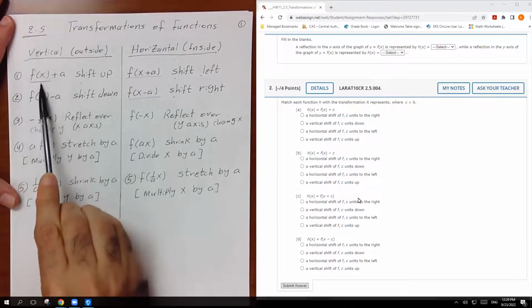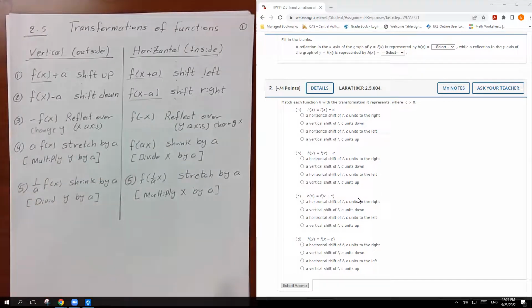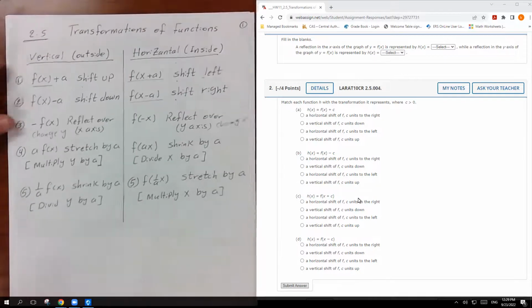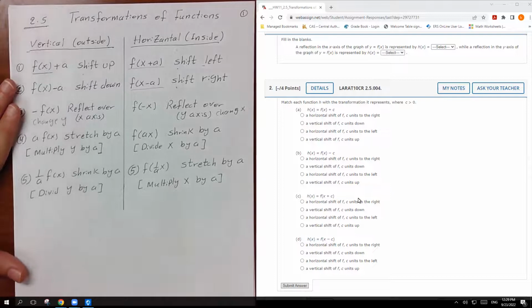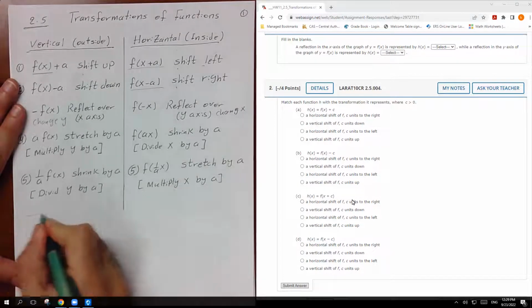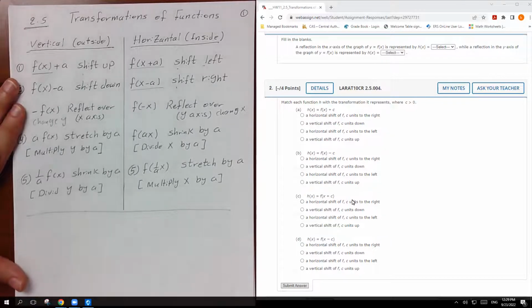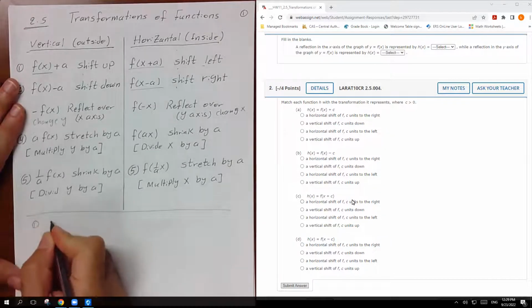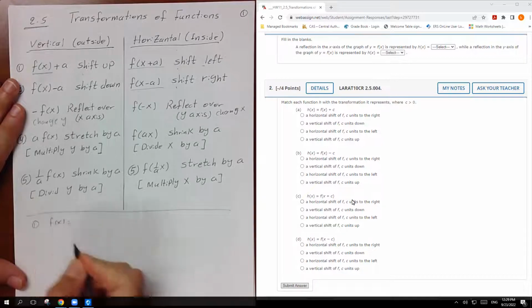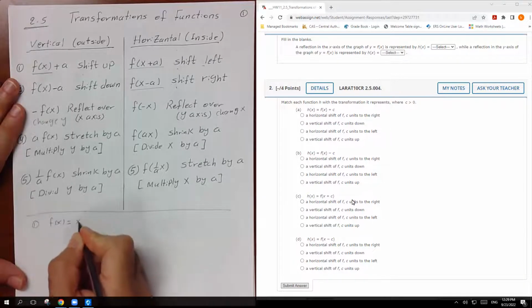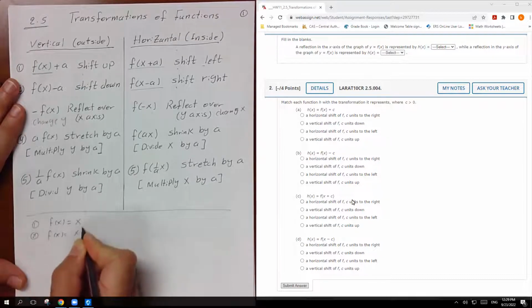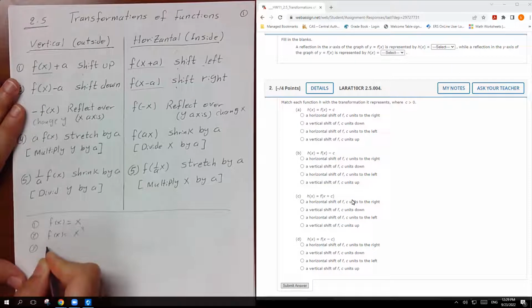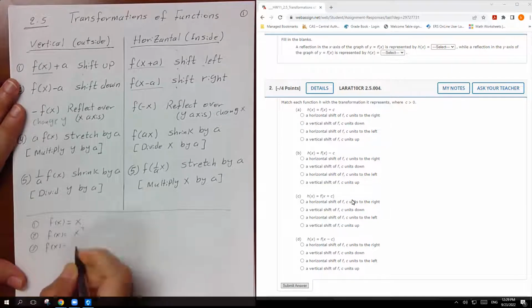If you have the parent function, let's go back before we move on. How many types of parent functions do we have? I'm going to write these down here. If you remember, we have this parent function. The first one, f of x equals x, and we have f of x equals x squared, and the third one, f of x equals x cubed,